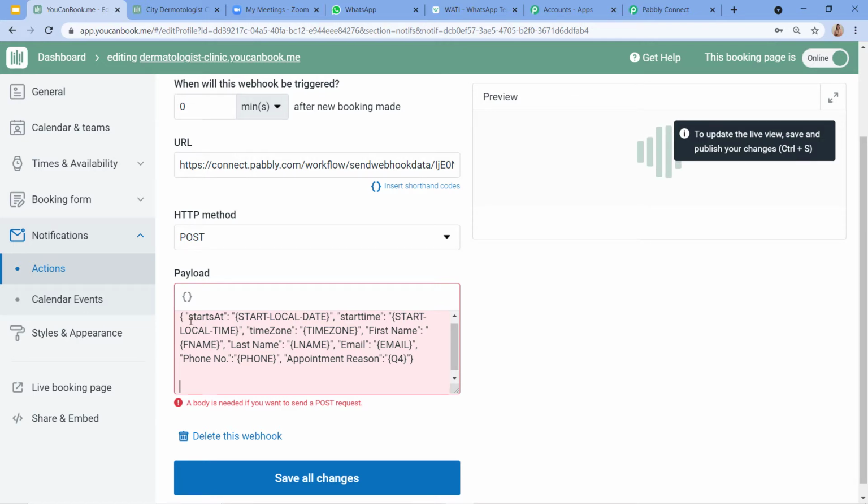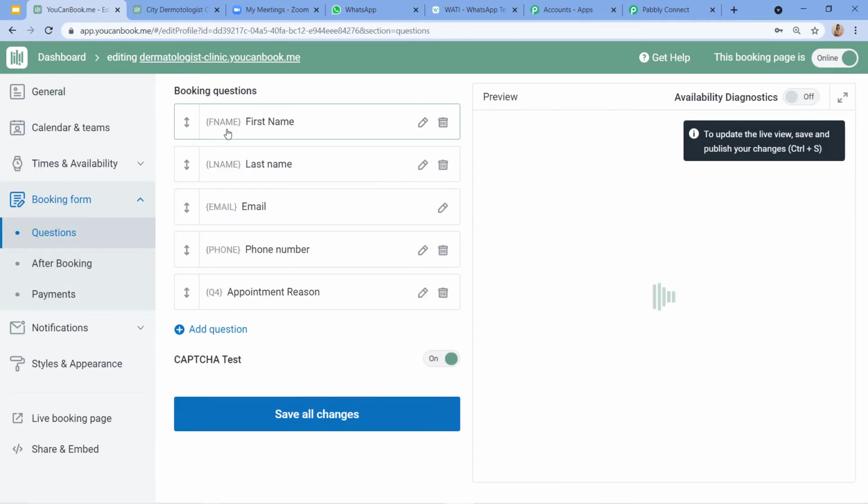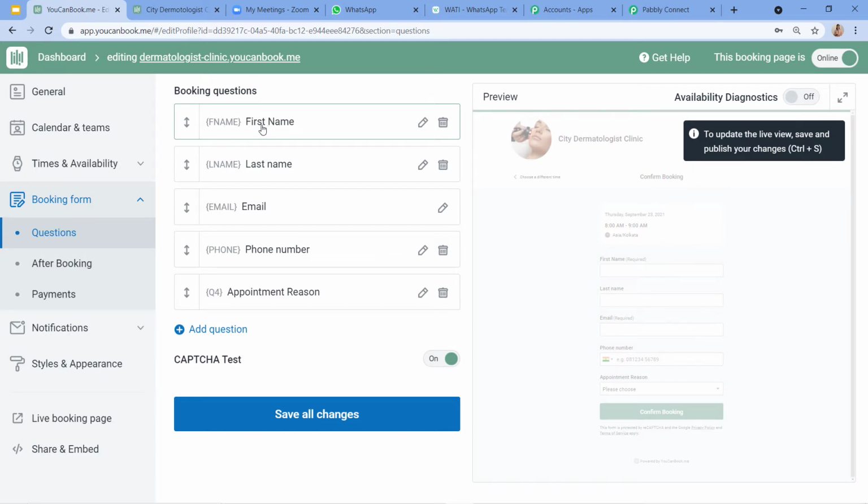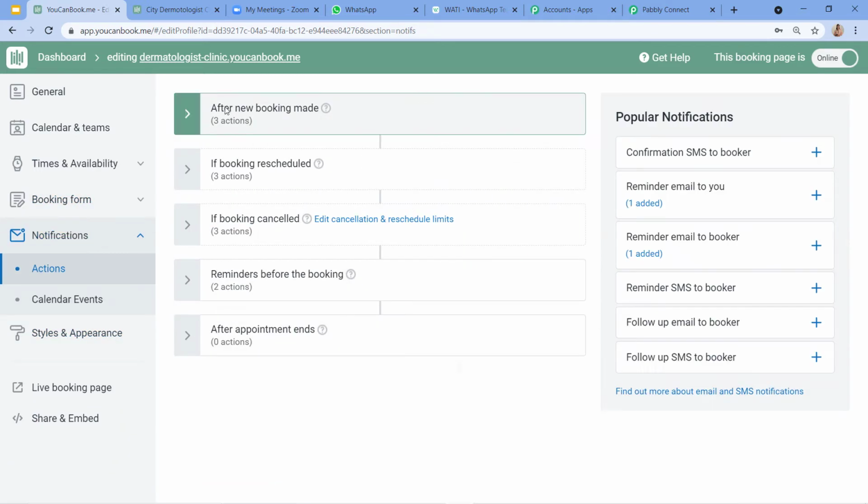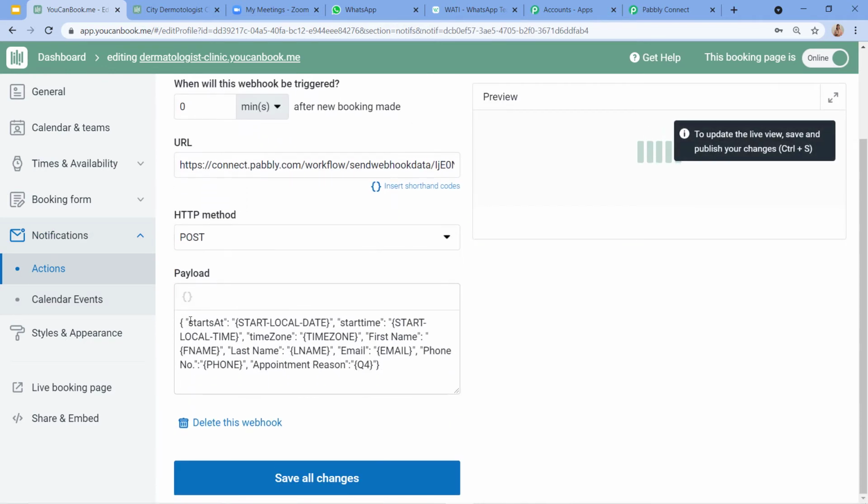So here what we have to do is we have to provide the key as well as the value. So what value? Here you can see I've provided some shorthand codes here. So this is called the key and this is called the value to it. So the first name, here the shorthand code which I have provided is F name. So in the same format we have to give it here. So let me show you that here what we have to do is we have to give the key into this double commas, then between double curly braces we have to provide the value to the key.